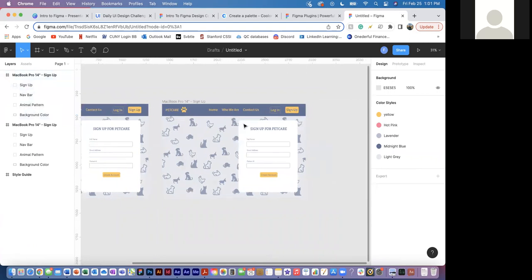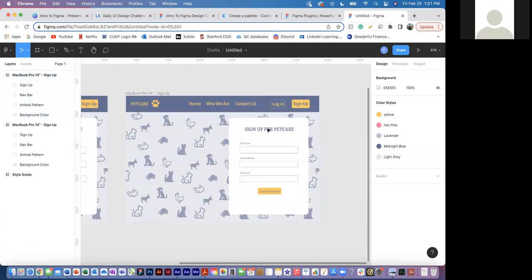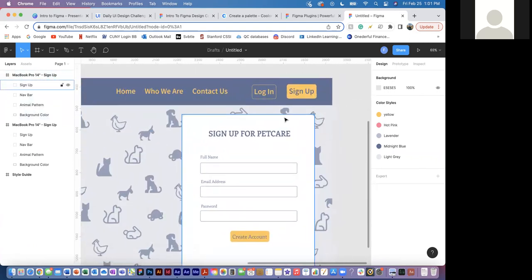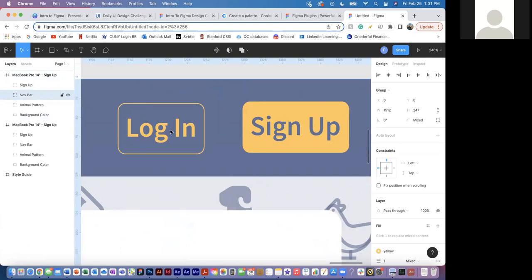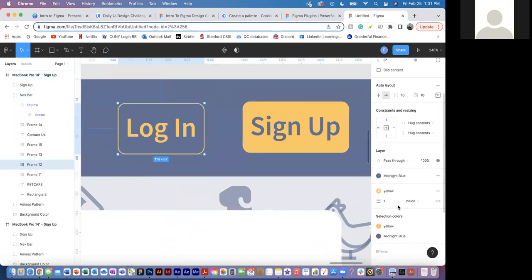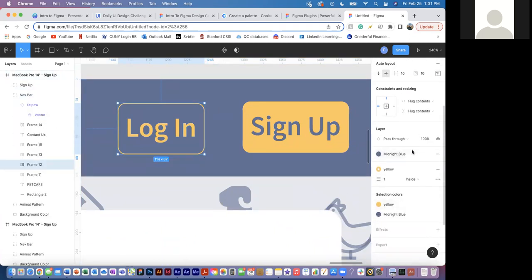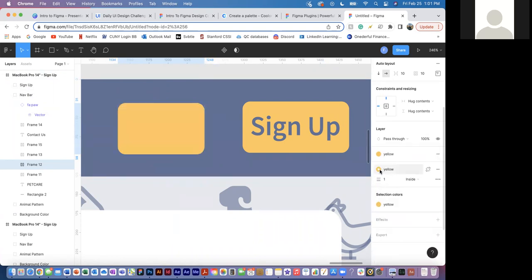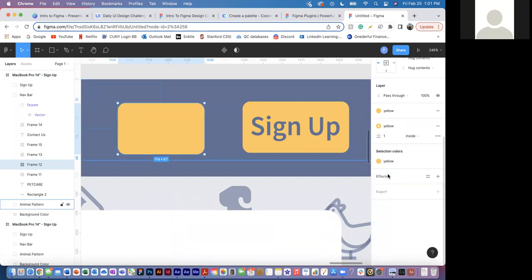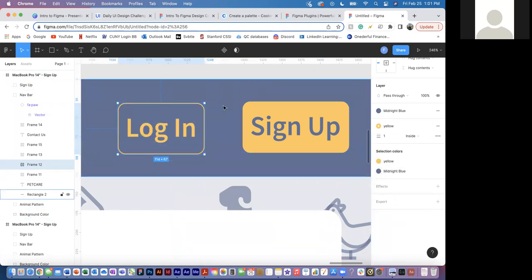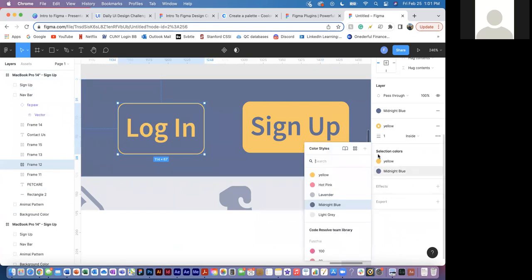So it's basically going to be the same thing, but now we need to change the login button to this color and the sign up button to this color. So in order to do so, we want to change the midnight color background to yellow. This, no, that. Oh, wait. Actually, I recommend doing,